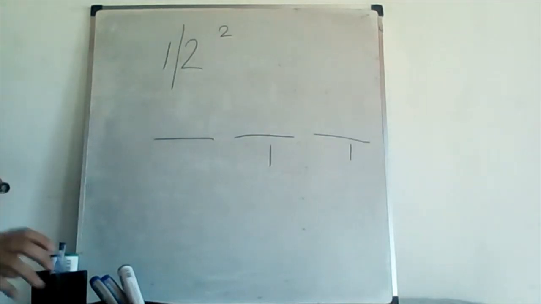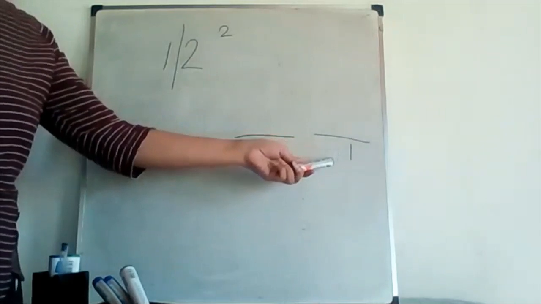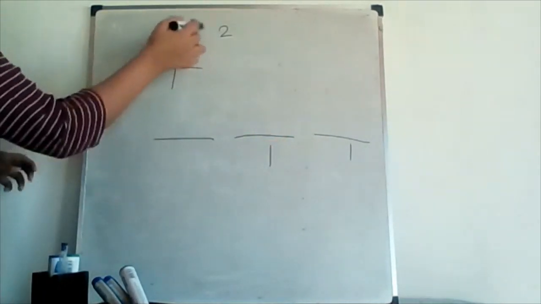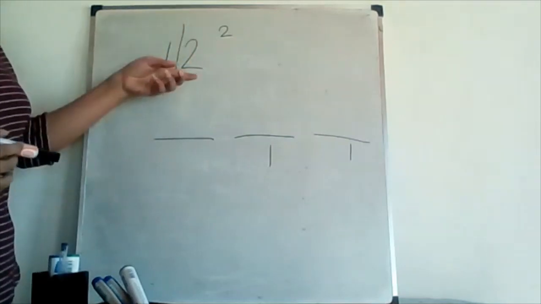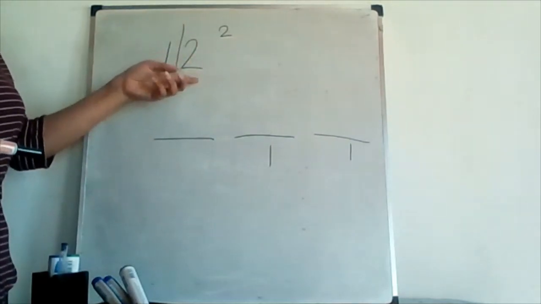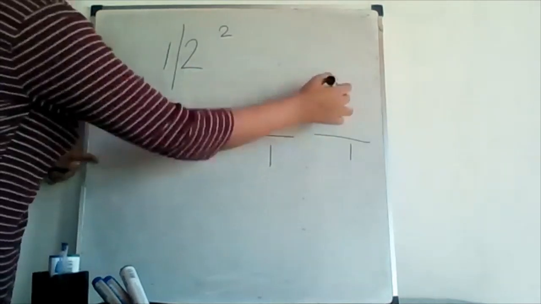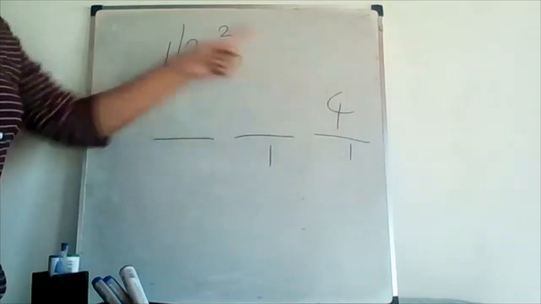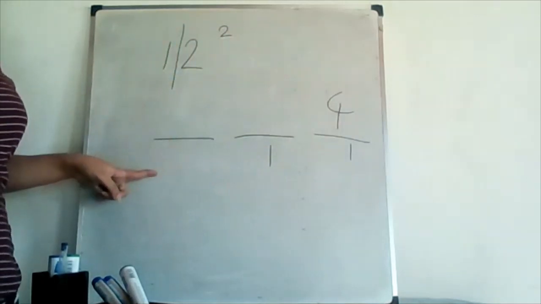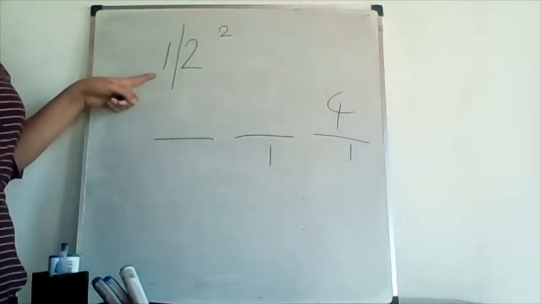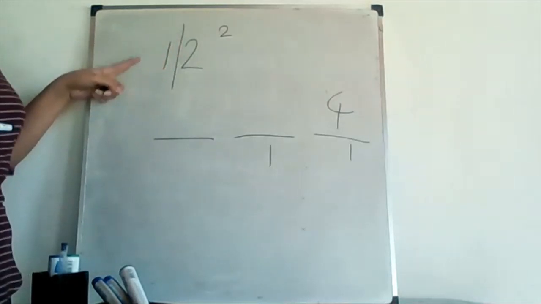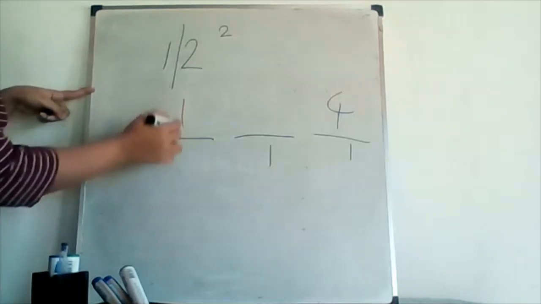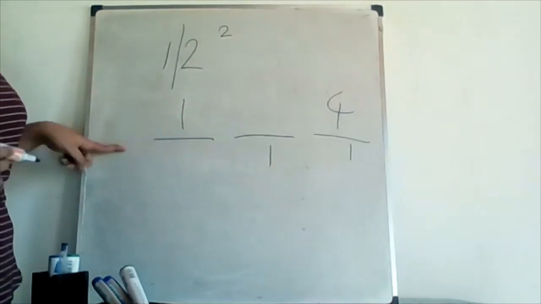Then first of all, we need to find out the value for the last group. For that, we have to find the square value of the last digit. The last digit of this number is 2. The square value of 2 is 4. That means for the last group, the value is 4. After that, we find the value for the first group, the square value of this group. Here it is 1. 1 squared means 1. So for the first group the value is 1.